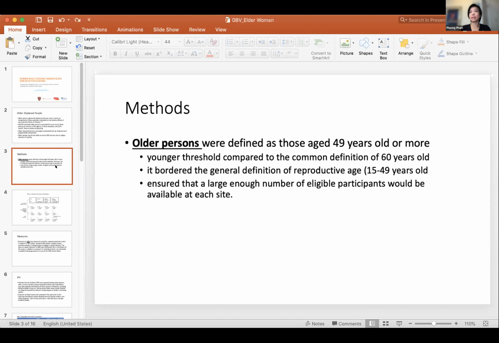We conducted this in 2015. After a lot of consultations, we landed on not looking at the typical definition of 60 and older, but bringing it down a little bit because of the populations that we were going to look at. In this study, we defined older populations as those aged 49 years old or more. This younger threshold, compared to the 60-year-old threshold,